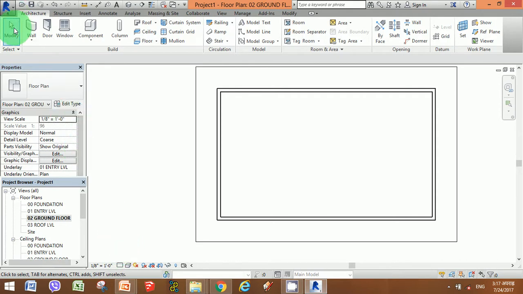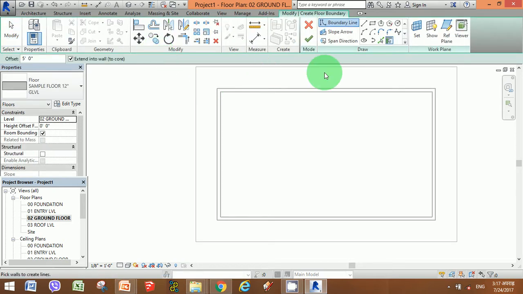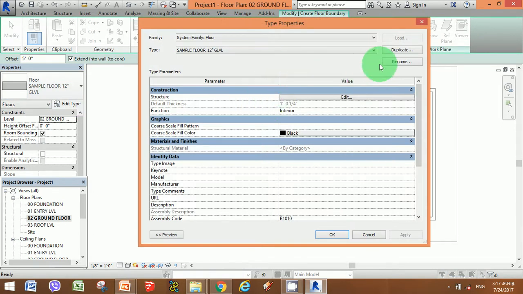Now moving ahead with our designing, let's add another floor to this ground floor level, because we need a separate floor for the interior of this building. Following the same pattern, select the floor tool, go to the architectural floor. Once the architectural floor is selected, you could edit the sample floor type we already have.